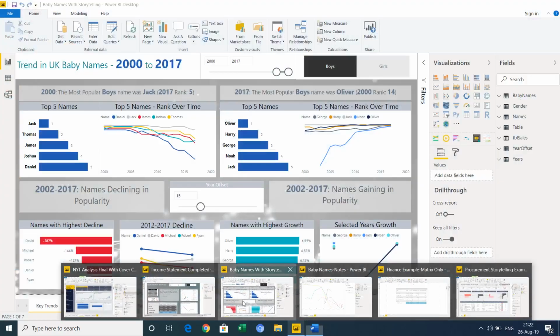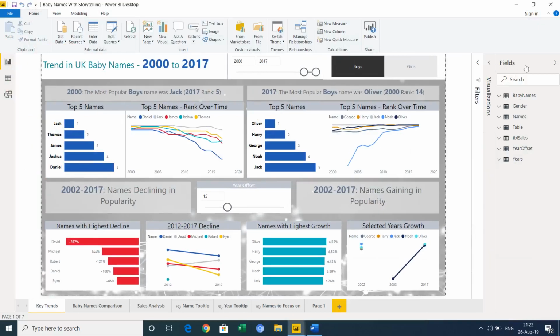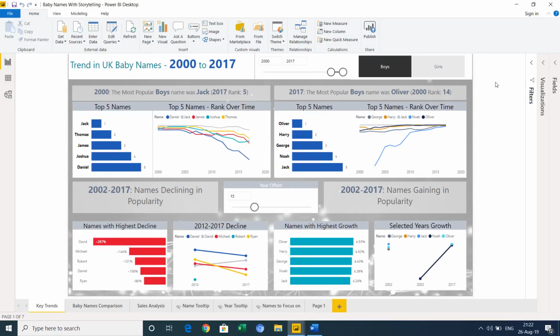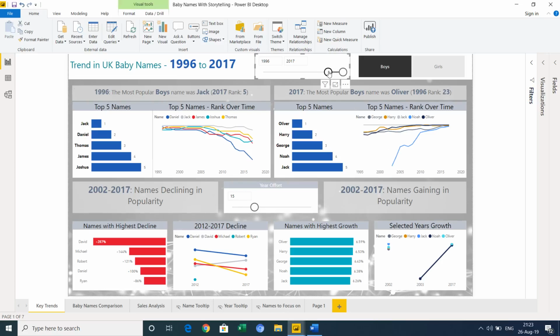So if we look at the example of where we ended up with that, again it was a hypothetical storyboarding example, but putting that together and looking at the wireframes as to where that might go. Here we split the page into 2. So we're showing any 2 particular periods. And again, this is an exploratory journey, so we allow people to change exactly what those data points are, exactly what that story is.